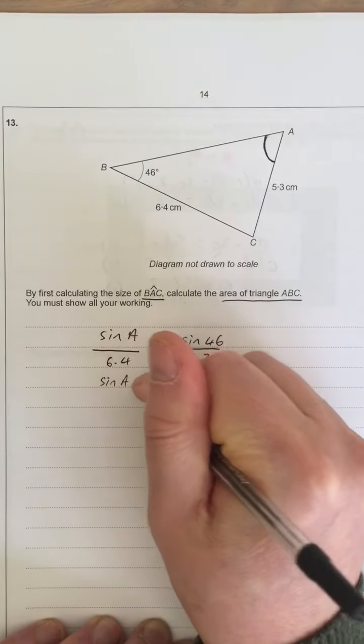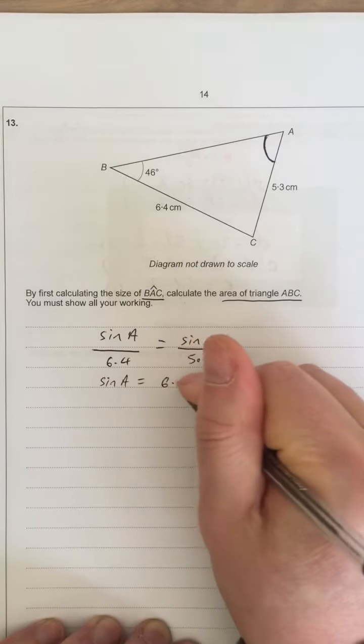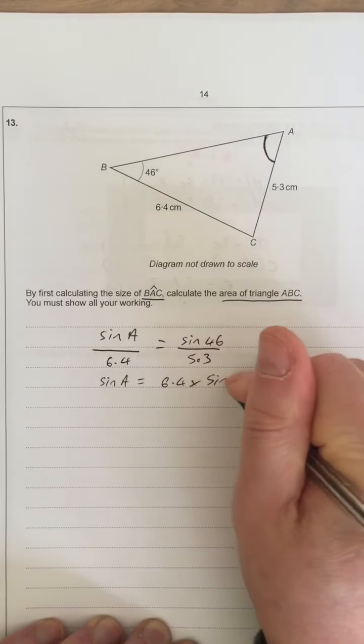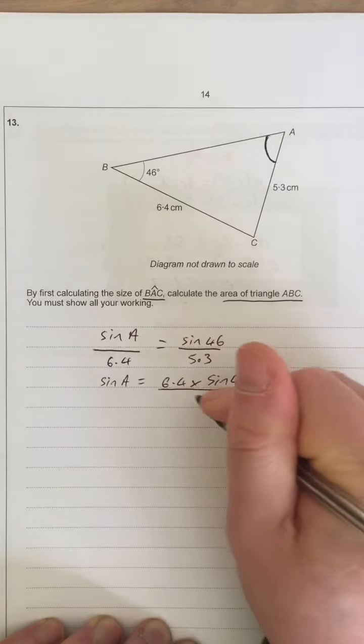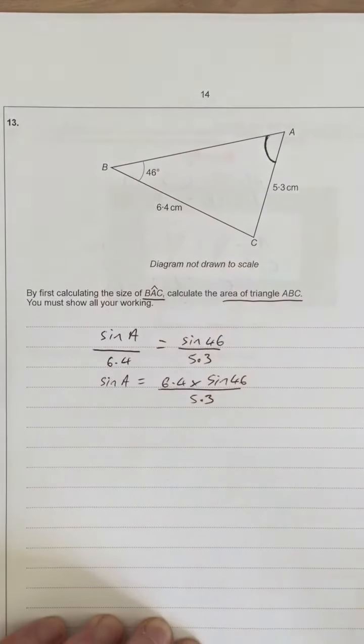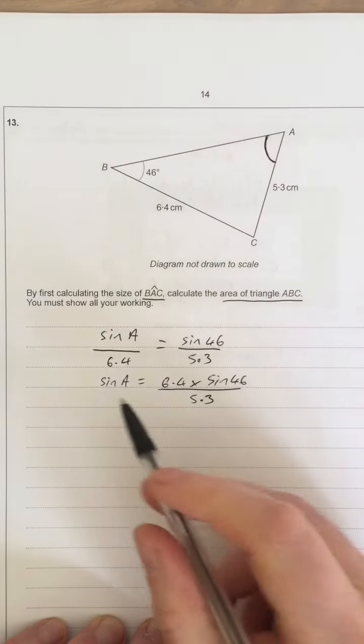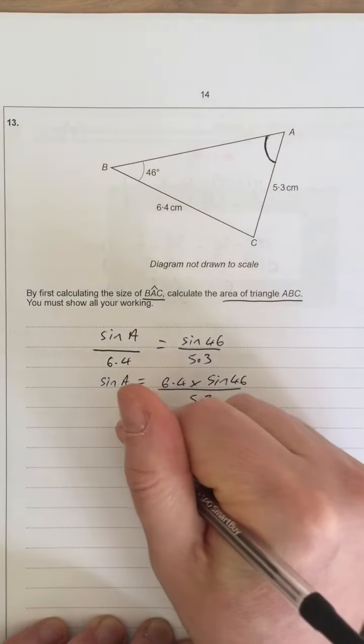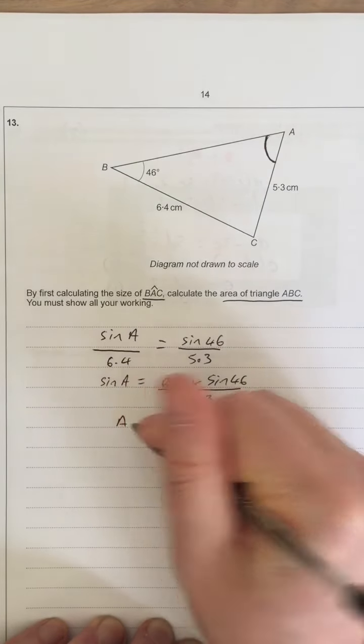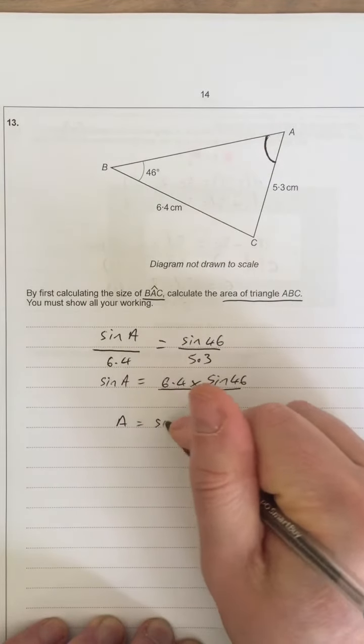Okay, we need to find A, so we take 6.4 to the other side, becomes times. Okay, so that's what sine of A is equal to. To find A, it will be inverse sine